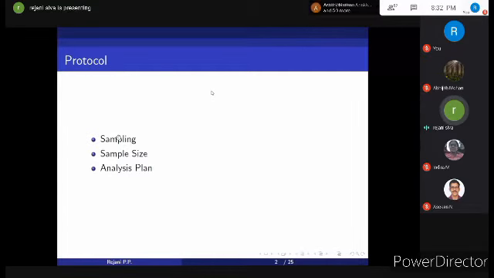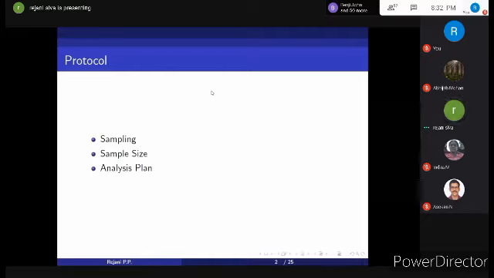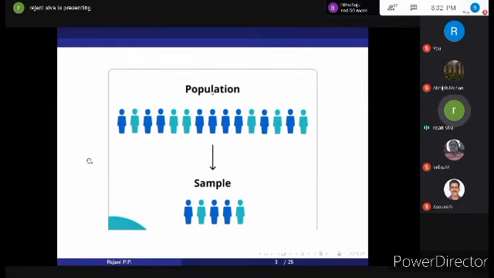Actually, we have two sections on statistics. Today we'll discuss the sampling and sample size calculation, and tomorrow we'll have a discussion on this analysis plan. We start with the terms population and sample. The difference between population and sample. The entire study elements, the totality of observations under consideration, that is called a population, and a representative part of population called sample. It may be a subset of population that should represent the entire population. You know the difference very well. So moving to the next slide.